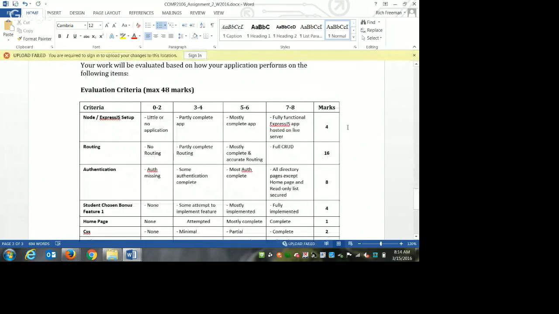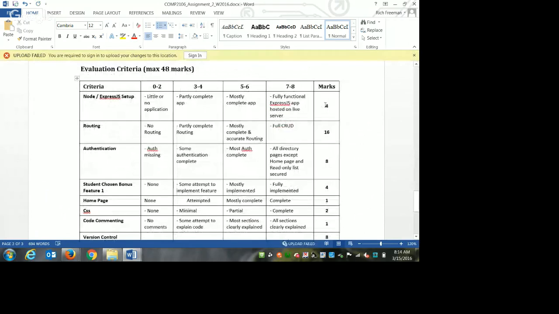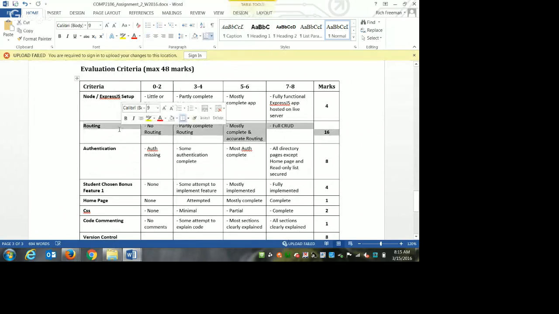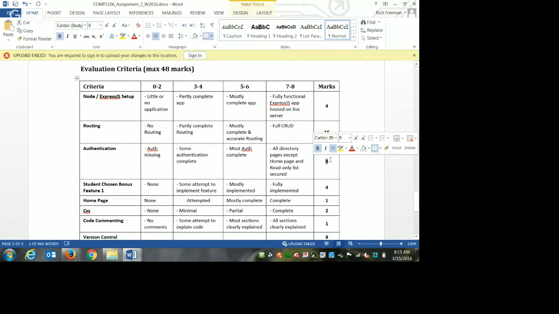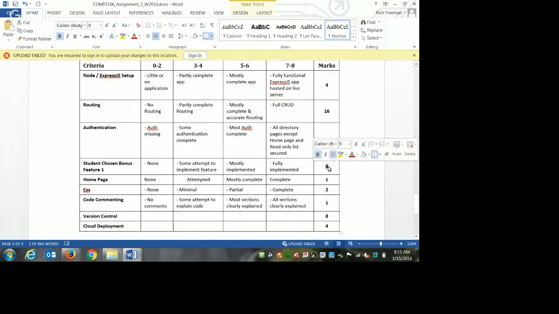So here's how we're going to mark it. A few marks just for setting it up and configuring it. Create, read, update, and delete is the biggest part of your grade. Authentication is 8 marks, that I can register, log in, and that the pages for managing the business directory are private. 4 marks for whichever of those additional features you decide to implement. So again, there are part marks. If you attempt and the code's partly there but not complete, there are still some marks for that. You get a mark just for building that kind of welcome page,